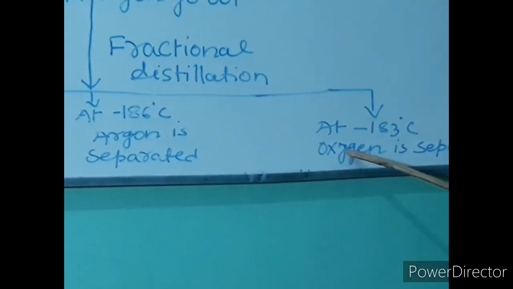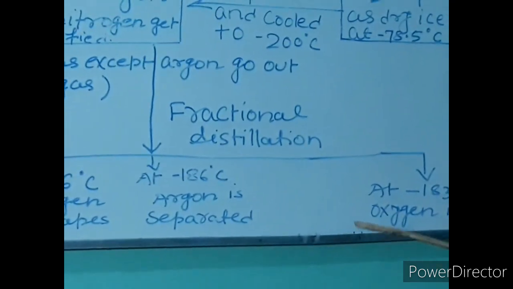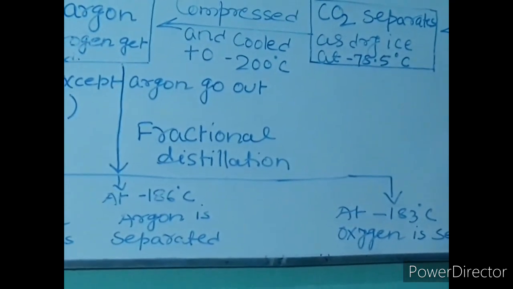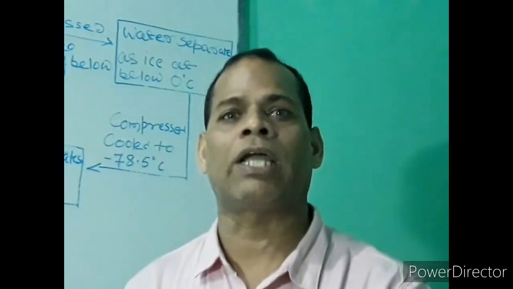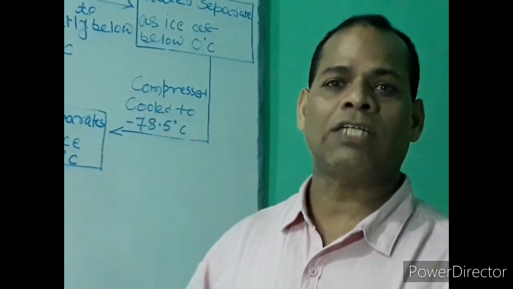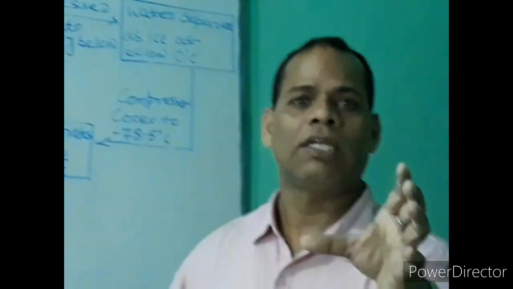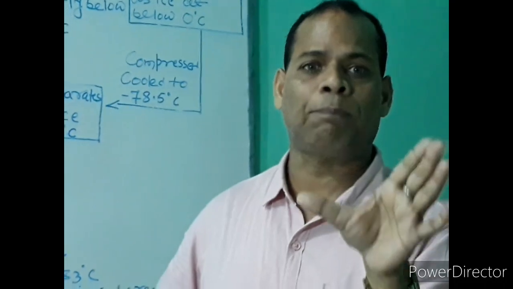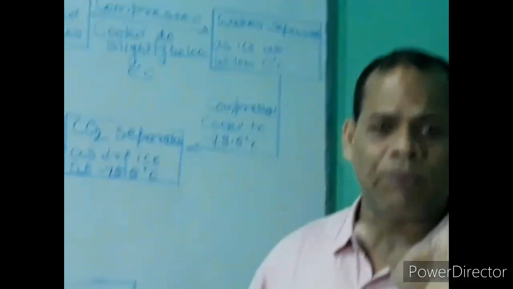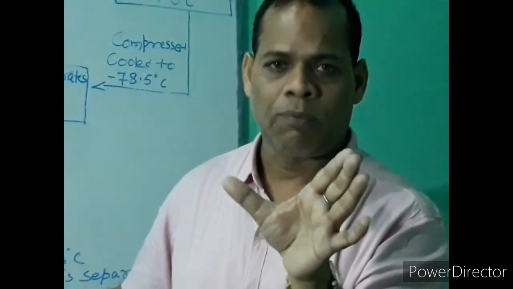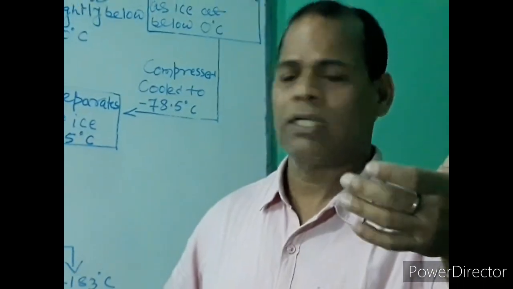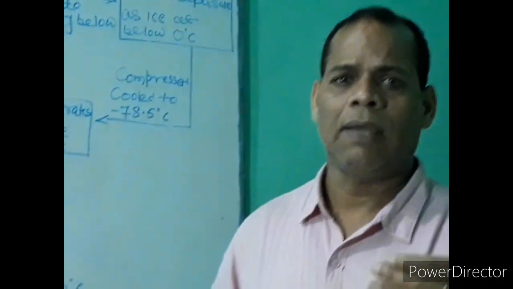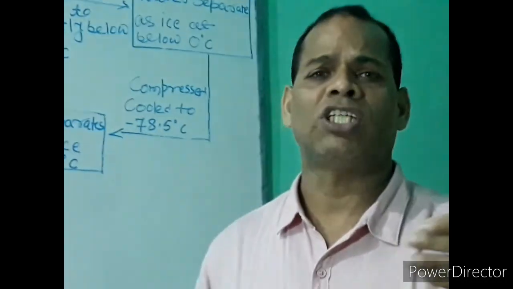So in this way we can separate these important constituents of the air, and as we are aware, these gases are very important in our day-to-day life, like nitrogen. Nitrogen is flushed into a food packet in order to keep it fresh for some time. Like when you are enjoying Lays, bhujia, kurkure, cake, in all these packets nitrogen gas is packed in order to prevent spoilage.